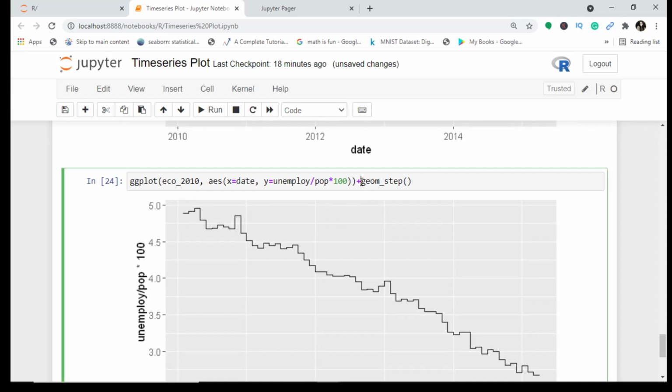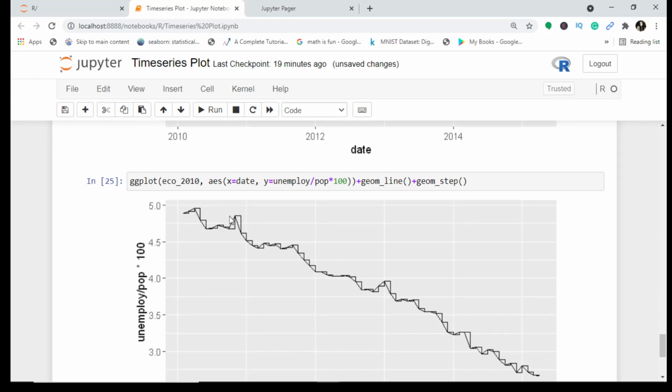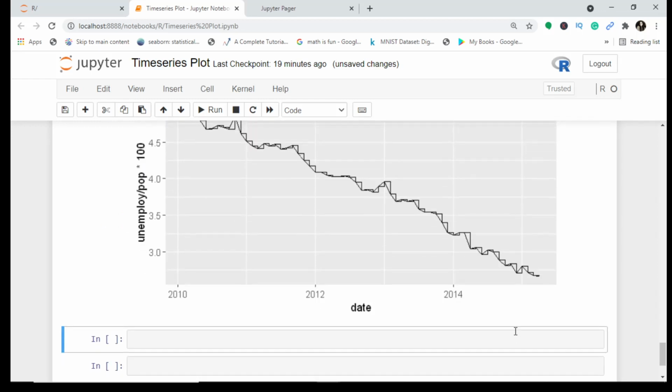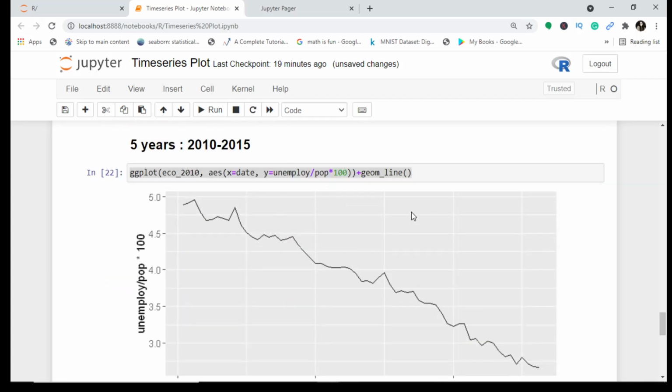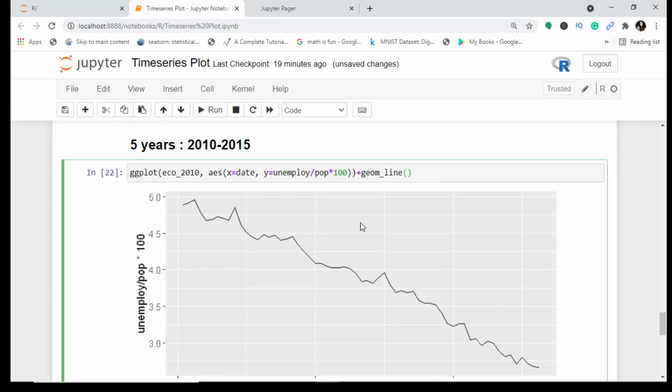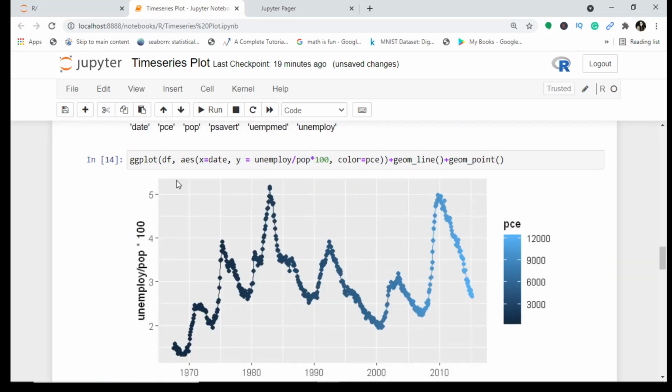And if you also want to see the line, you can add the line here and see this. So these are advantages: you can see with line and you can see the peak also, right? So this is how you see this entire data set, and you subset the data and do further visualization with this. And this is how you plot time series data in R with the economics preloaded inbuilt data set in R.